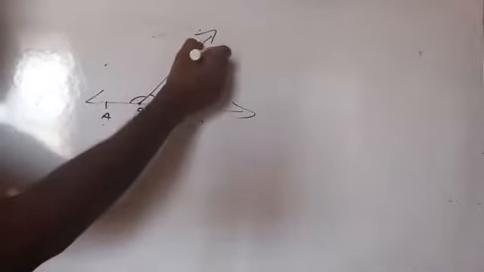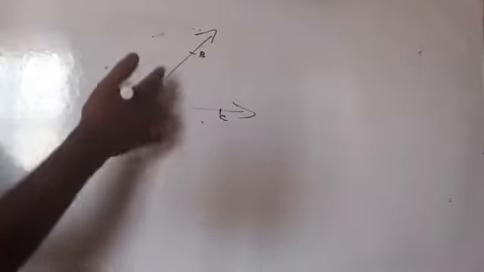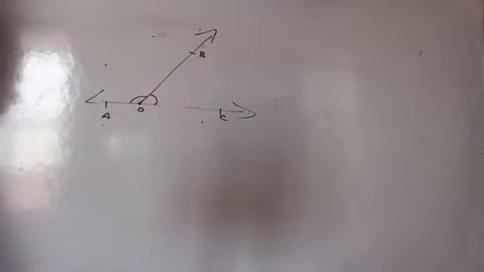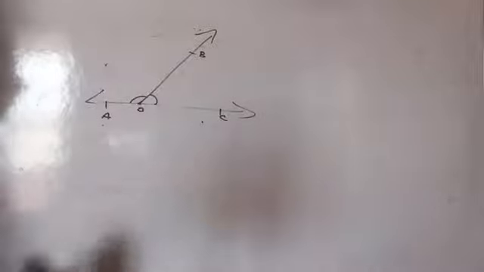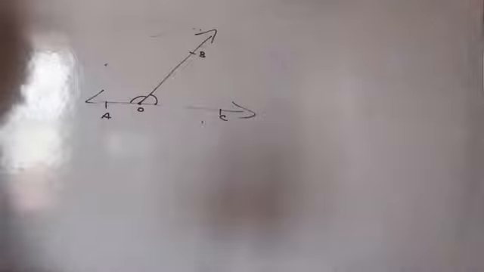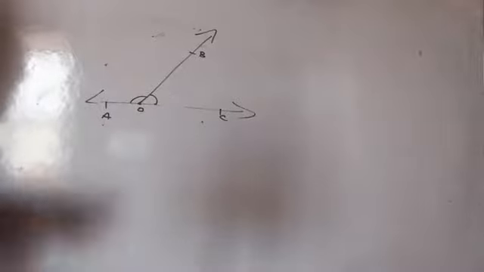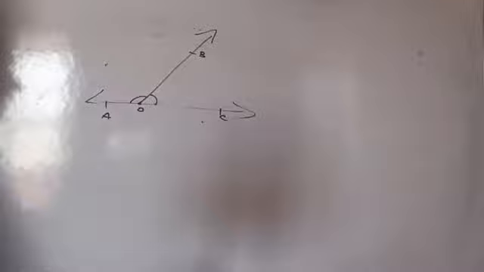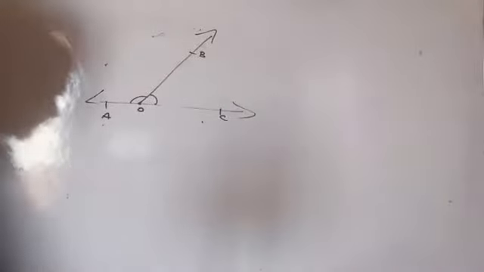A, B, C we will take. Here AOB and COB have the same common vertex O, and a common arm. Which one is a common arm? OB is a common arm, and OA and OC are the non-common arms lying on either side of the common arm OB. So these two angles are what? Adjacent angles. So when the sum of the two adjacent angles is 180 degree, then it is called as what? Linear pair. Am I right?